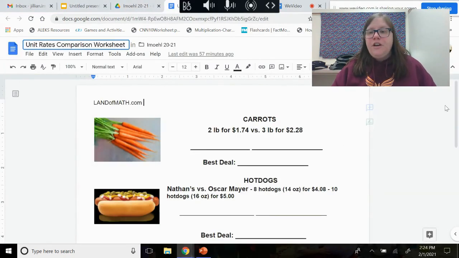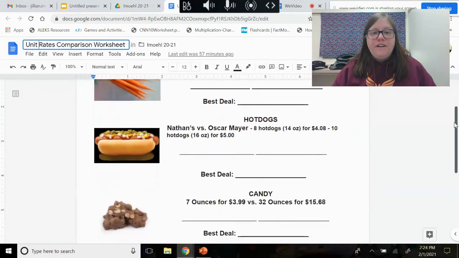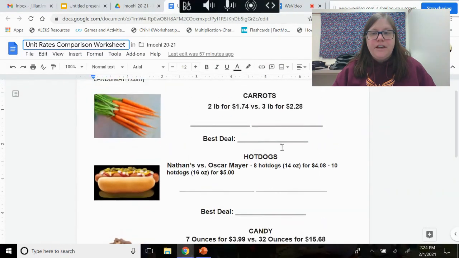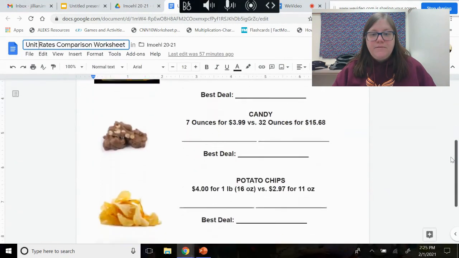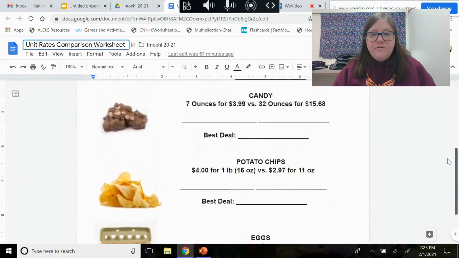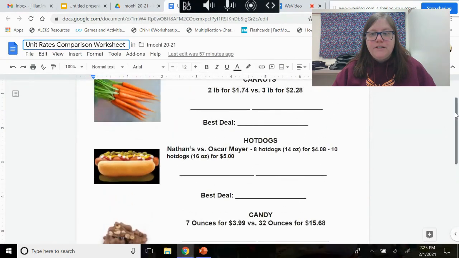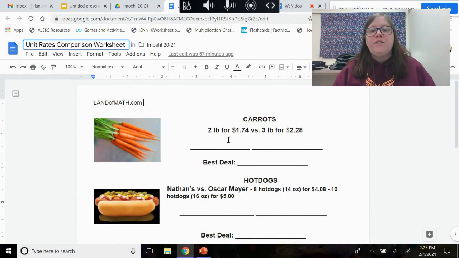So today, what you're going to do is this page. You are looking at 5 different items. There are carrots, hot dogs, candy, potato chips, and eggs. And you need to figure out which one is the best deal by figuring out how much it costs for one. So you're just getting it down to 1. You're not expanding it. We're not doing that. So you would set it up